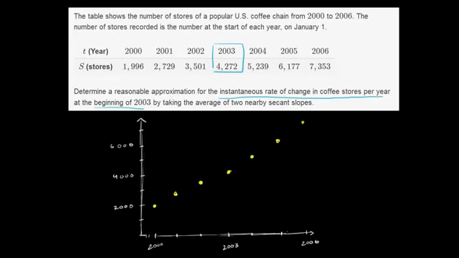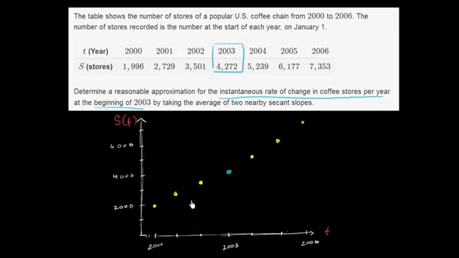And let me make sure that the axes are clear. This horizontal axis, this is my t-axis. That tells us the year. And then the vertical axis is the number of stores. And we could even say that it is a function of time. So you see in the year 2000, there was 1,996 stores. 2003, let me do that in that blue color, 2003,